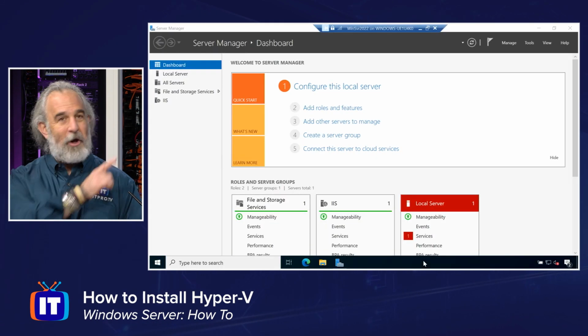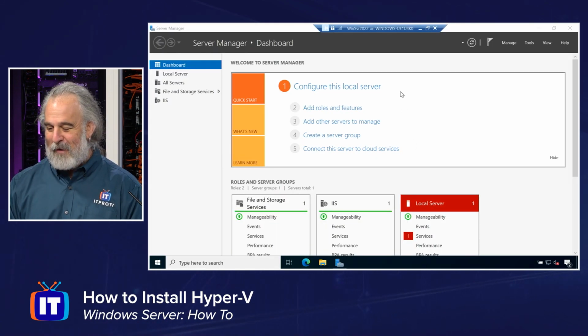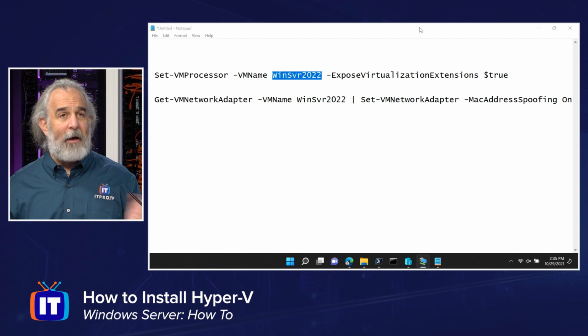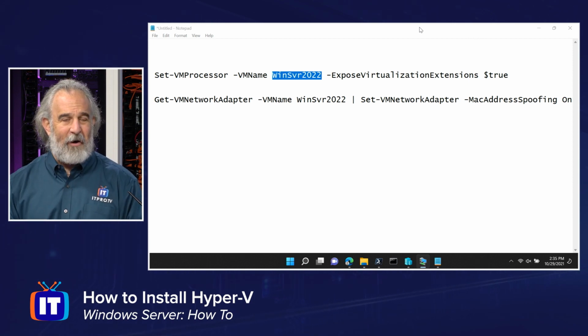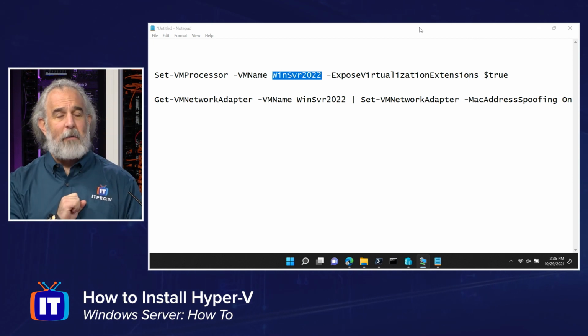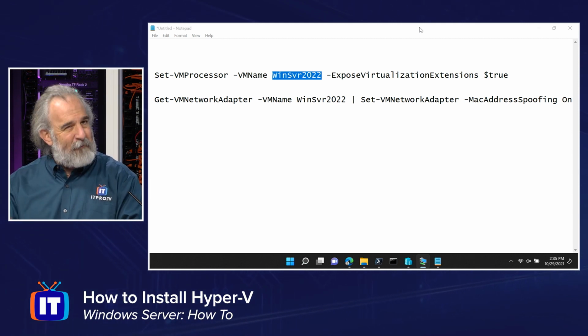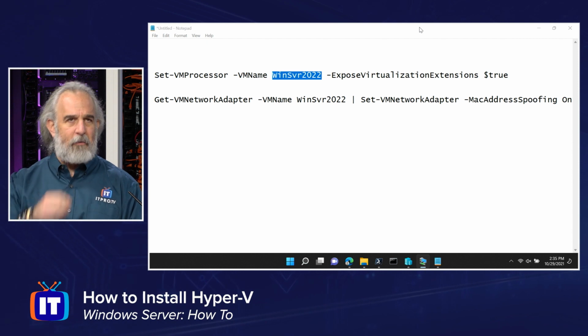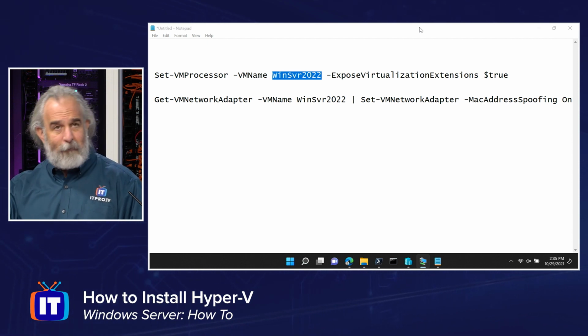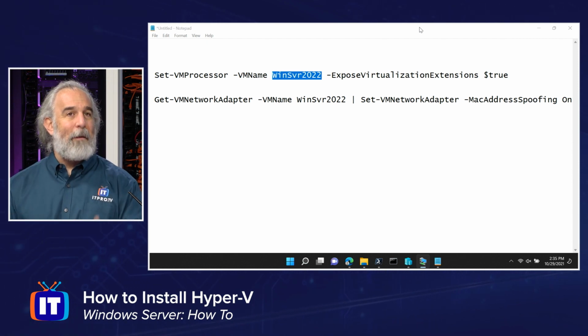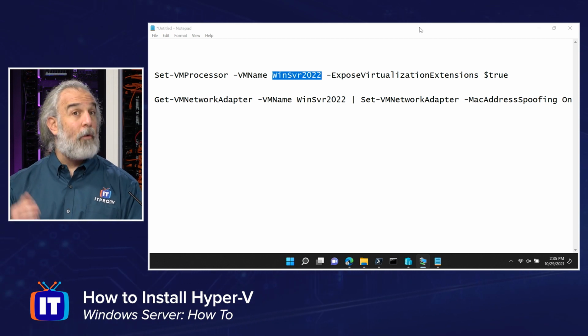It looks just like this because this is what we're going to use to do our demo in just a minute. So it's up and running. Everything is good. But there's a little gotcha here. I have to run these two PowerShell commandlets while the virtual machine is turned off, or this will not work. So I've done that ahead of time. You want to make sure you run them with the virtual machine turned off. And then once you're done, enable the virtual machine, turn it on, and we'll be good to go.